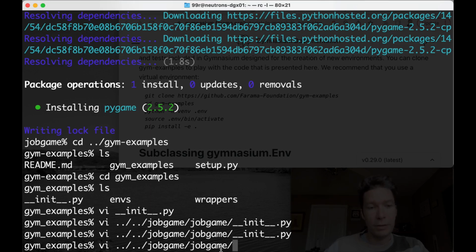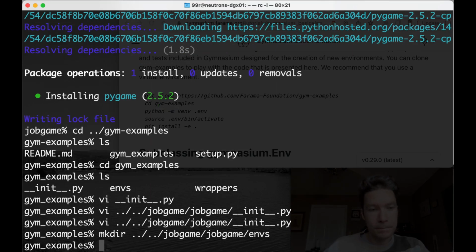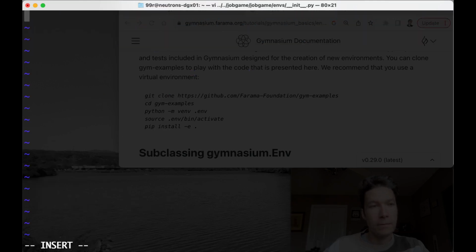I'll have to rename this directory job game to overloaded, and I need to make this directory. And after I make this directory, I need an init.py. This init.py doesn't have to contain anything in order for Python to see files inside of that subdirectory, but